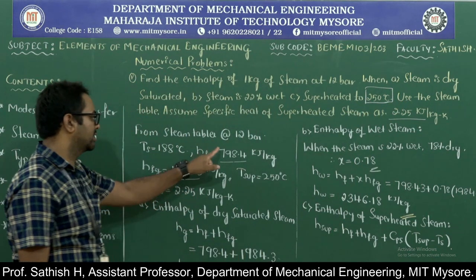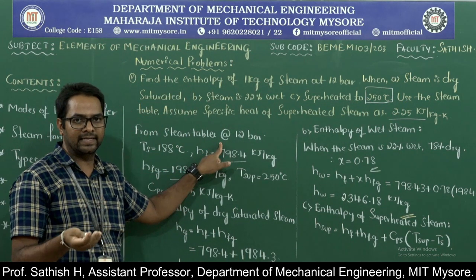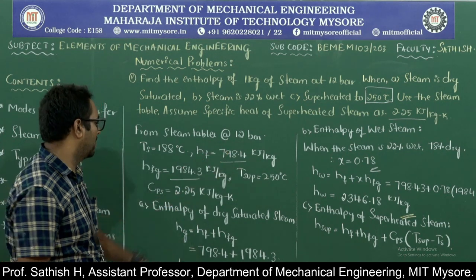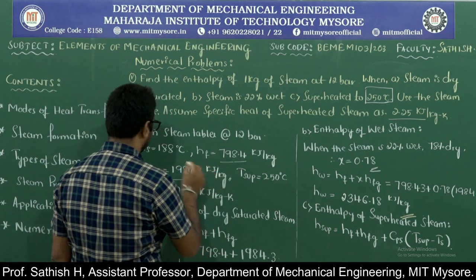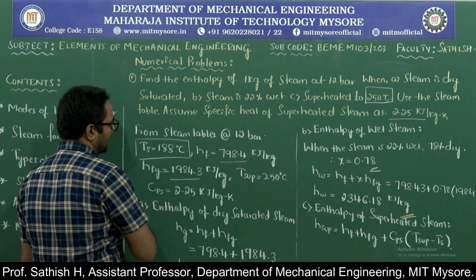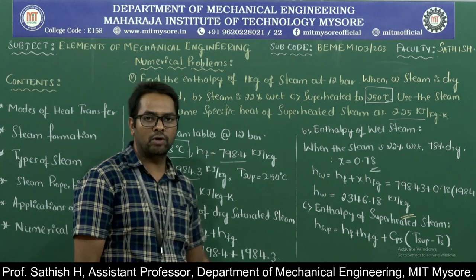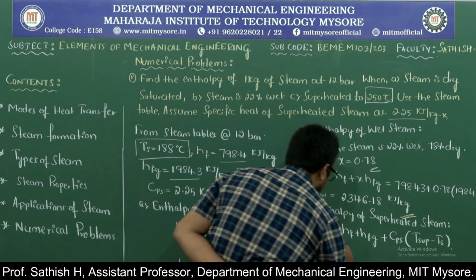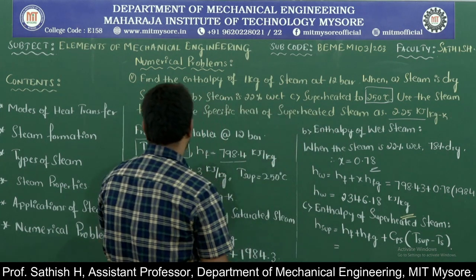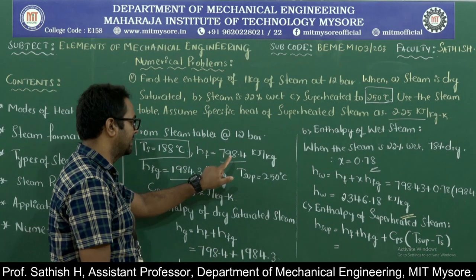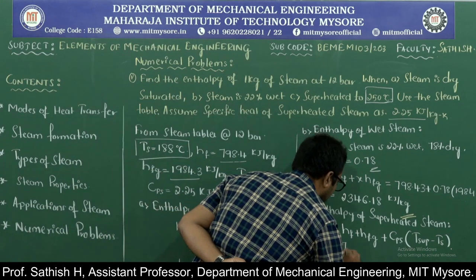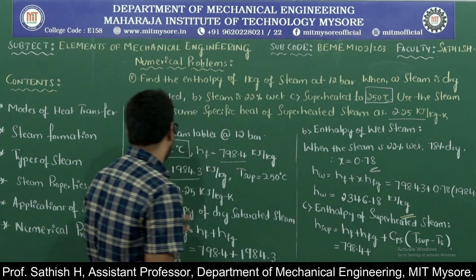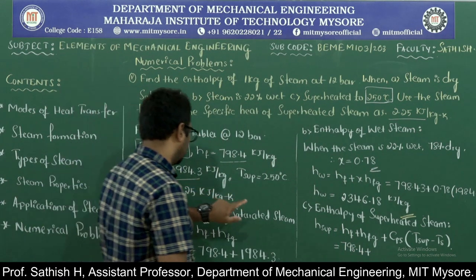Where is this saturation temperature? If you remember, we have collected that data from the data handbook or the steam tables. At 12 bar, the saturation temperature is 188. Okay, our job is to just put the values and then find out the answer. What is Hf? Hf is nothing but 798.4